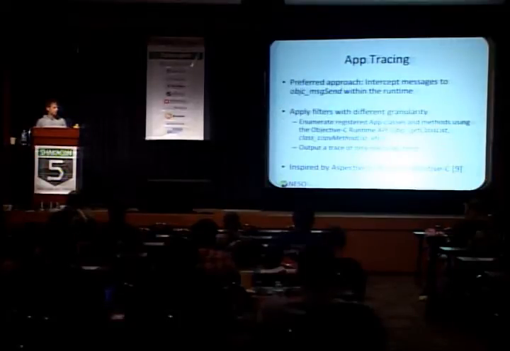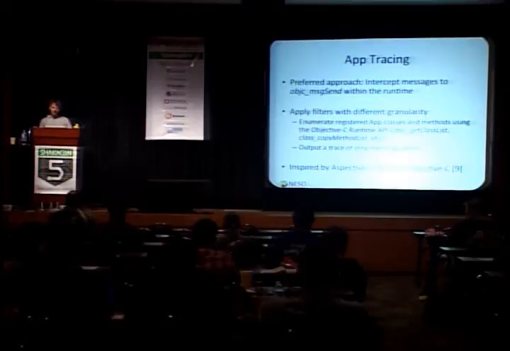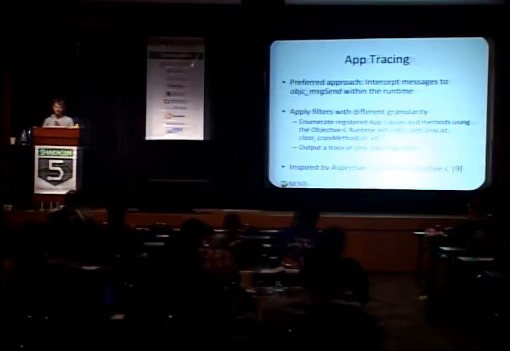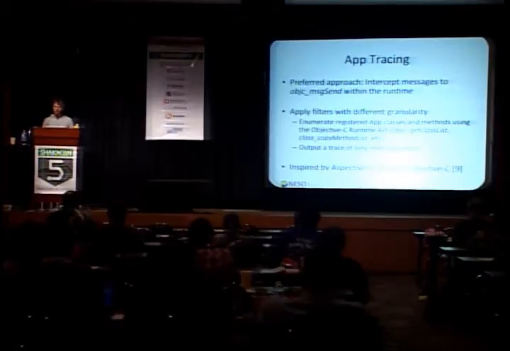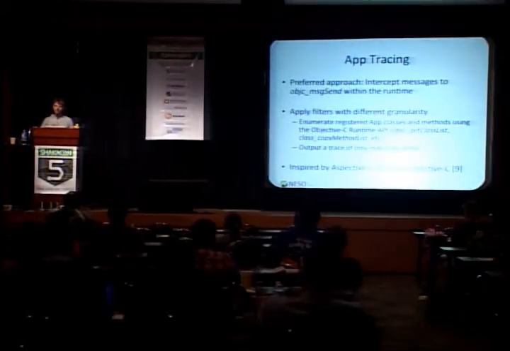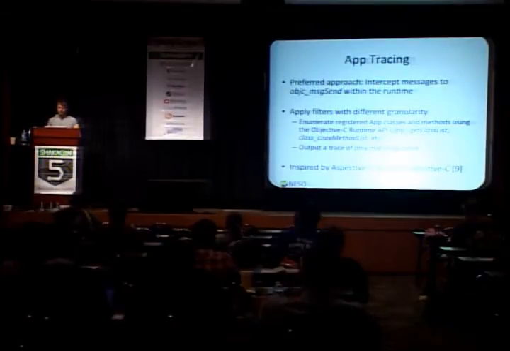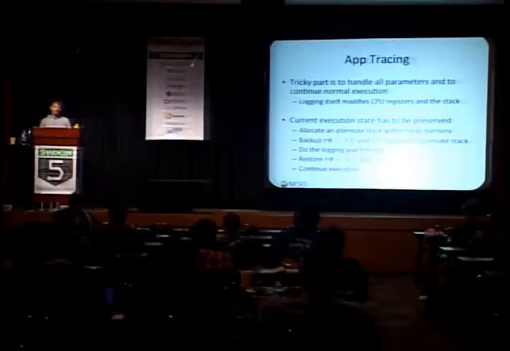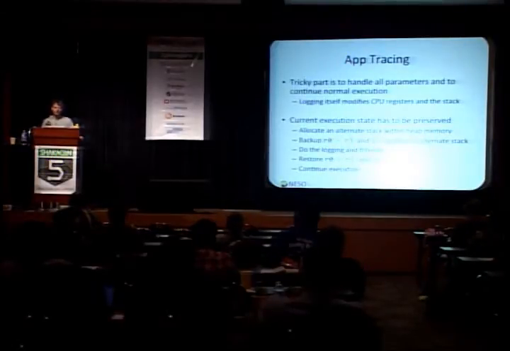A better approach would be to intercept those messages to Objective-C within the runtime. When we hook at the runtime level, we could apply different filters. So using the runtime first, we could extract all available classes and methods from the binary, and afterwards we can focus on app-specific classes and methods only. Not like on a debugger level where everything is printed, but on a runtime level and filtering out all the background noise. The tricky part on this was to handle all parameters and to continue normal execution, because we intercept